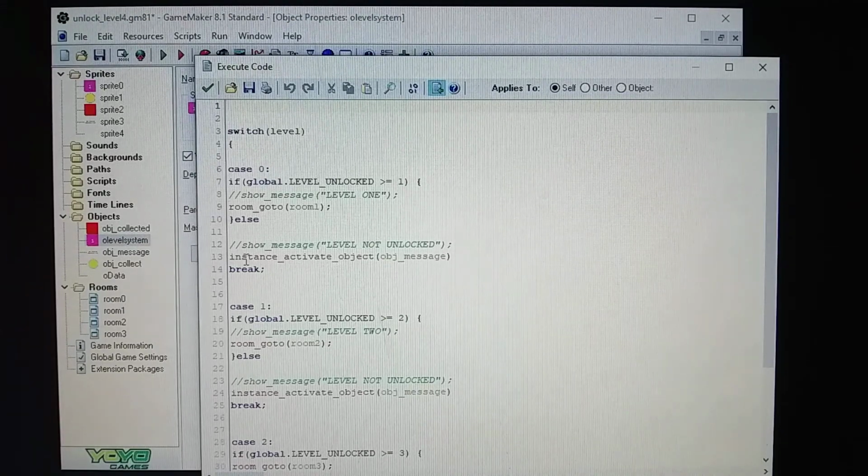If you didn't want to do a custom message, you could gray this out right here and activate this show message. This is the GameMaker standard text that pops up. It's a white box with some text on it. I don't like that because it's not customizable, so I went ahead and just grayed that out